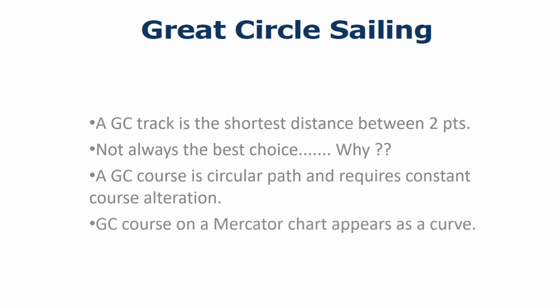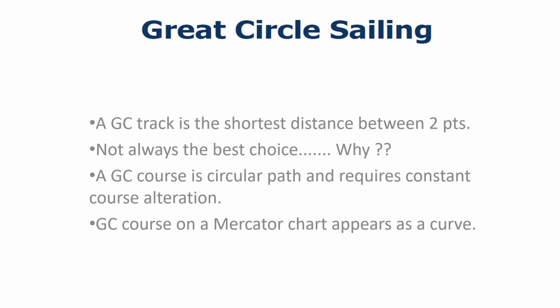A great circle course gives you the shortest distance, but it may not always be the best course to take. Once drawn on a gnomonic chart, a great circle course appears as a straight line, but because there are few gnomonic charts in the world, we have to navigate using Mercator charts. So when we transfer a great circle course from a gnomonic chart to a Mercator chart, it comes as a series of frequent alterations, and that is why, to avoid too many alterations, we do not always employ great circle courses.